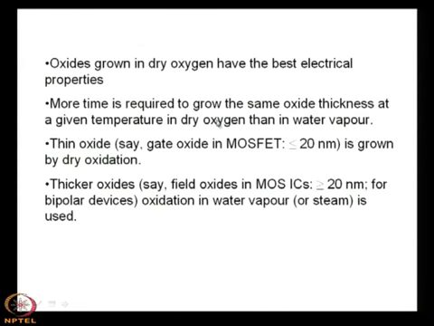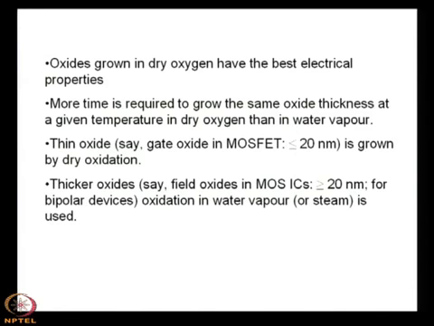So, that means dry oxidation is a very slow process, and if you want to grow say 50 nanometer or 20 nanometer oxide layer by dry oxygen, if the time required using dry oxidation is T1 and that using water vapor is T2, the same thickness, say x nanometer, then we can say that